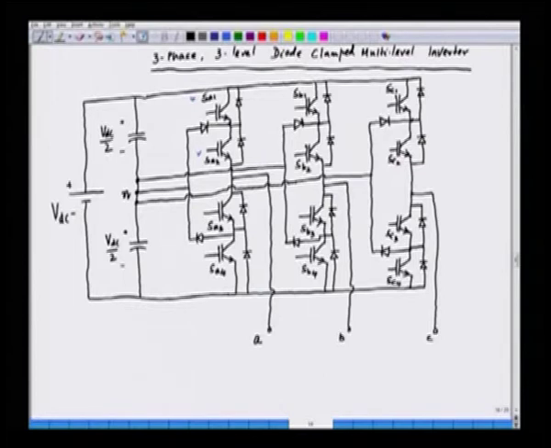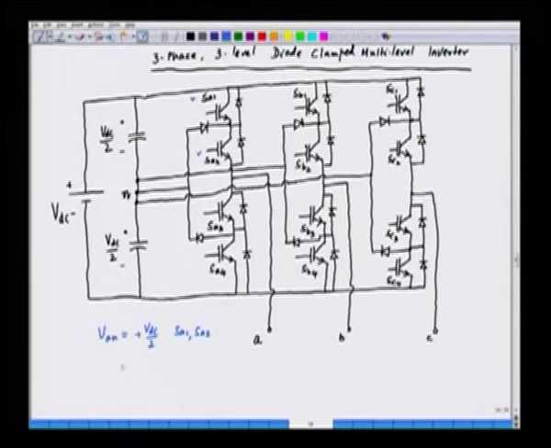So, if we write down the voltages VAN here, it could be plus VDC by 2 when we switch on SA1 and SA2,